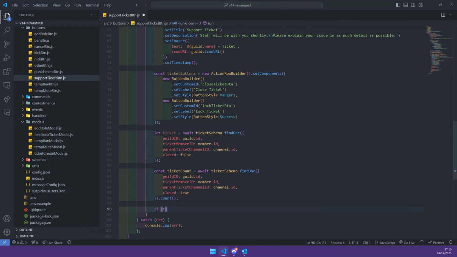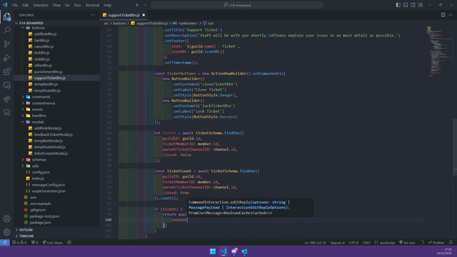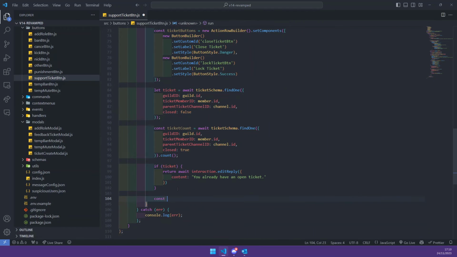We're gonna check if there is a ticket, and if there is, we're going to return await interaction.editReply, content being you already have an open ticket, like that. Next up, we're going to do const thread is equal to await